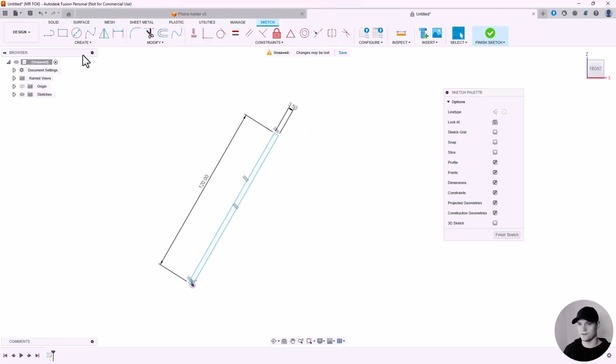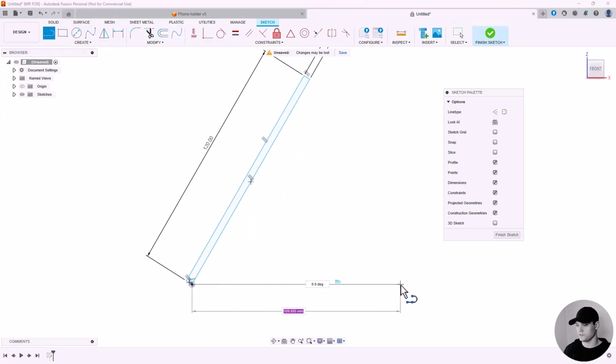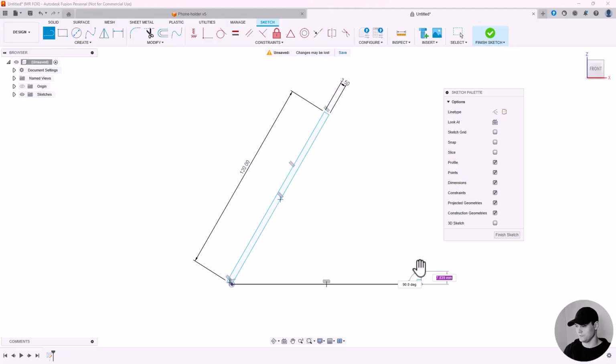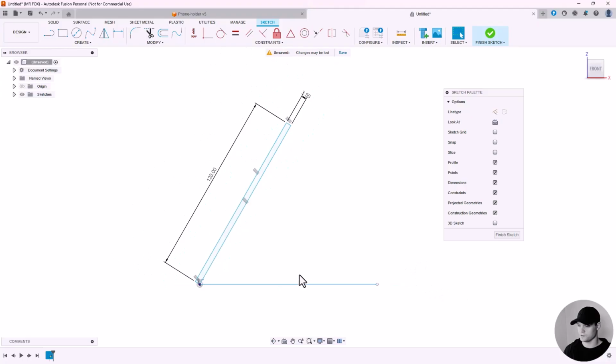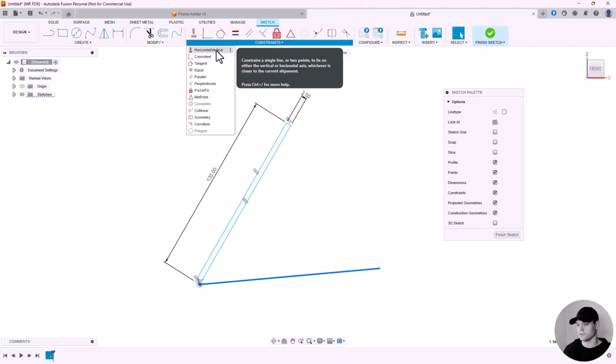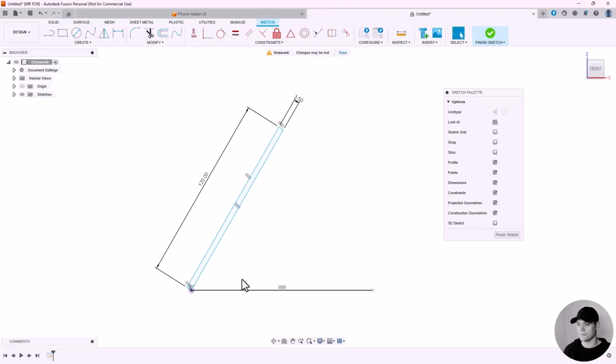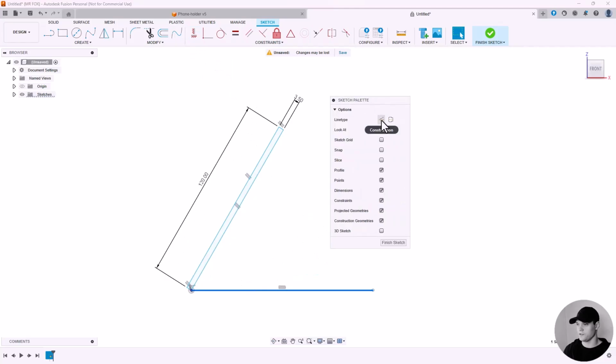Now let's create another line. The first point goes in the center, and the second point goes here. So this line should be horizontal. If it's not horizontal, you can apply a horizontal constraint that is up here. So under constraints, horizontal. Let's turn this into a construction line. So if you click here, construction,